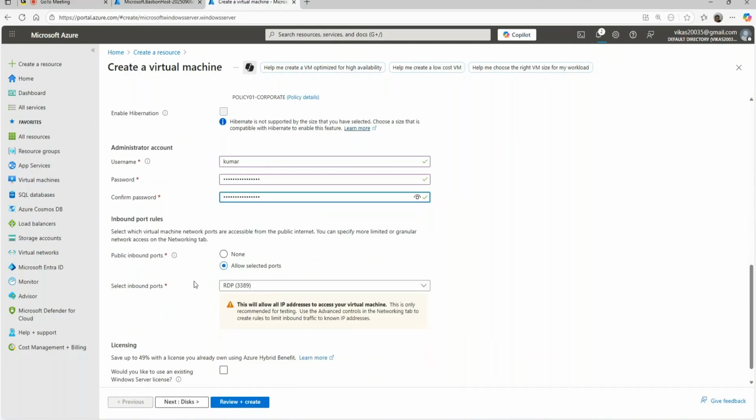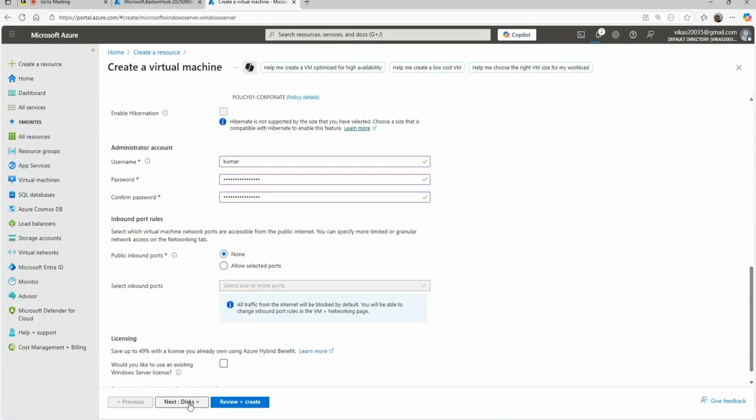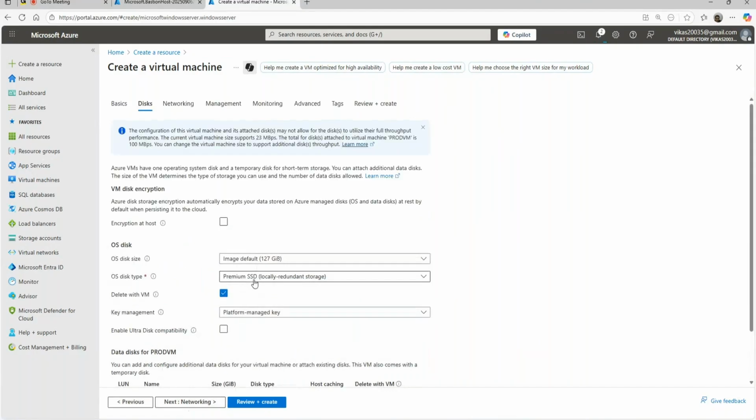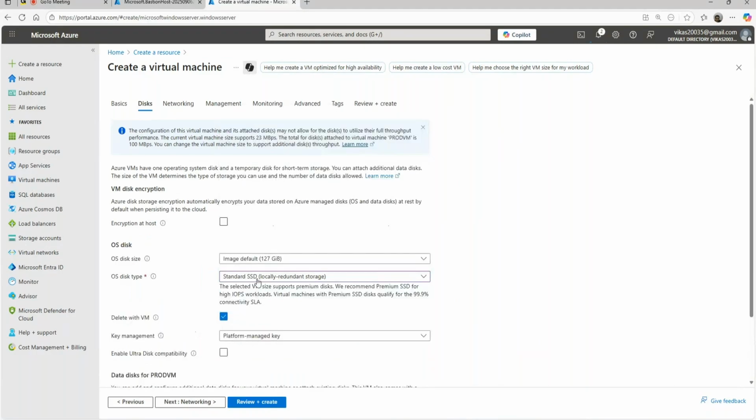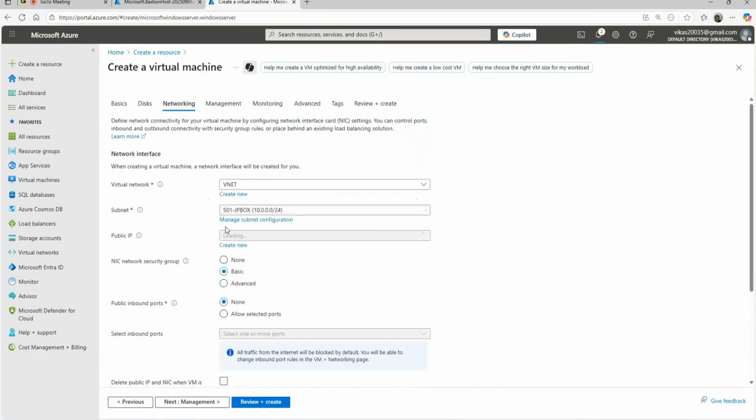So public inbound port RDP none, one change. Standard SSD, and I'll make sure this is in my prod web subnet and public IP also none. No public IP, no RDP allowed, nothing. Fully secure, and create.